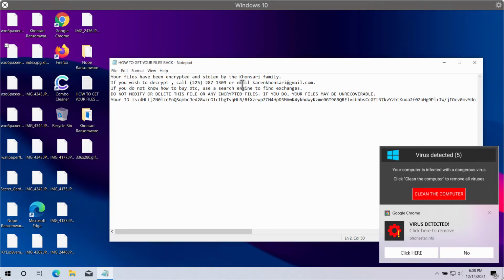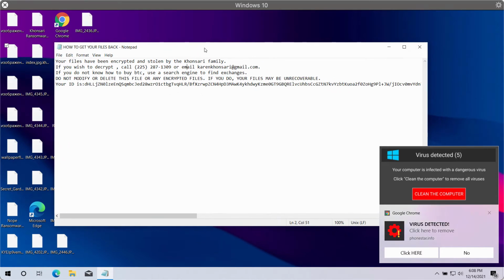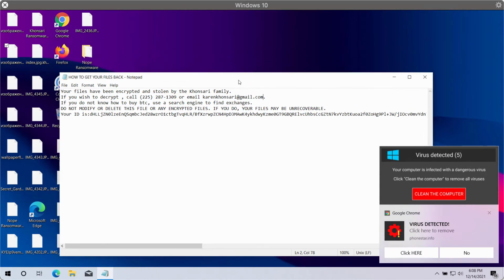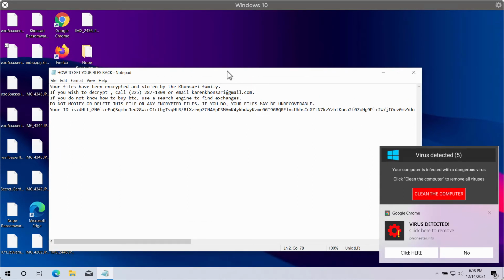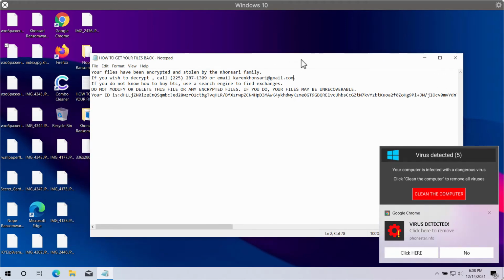to the files. The developers of this ransomware even specify some telephone number which you can use for getting in touch with them, which is pretty unusual because other ransomware type threats don't really provide any telephone number. Also, this email address is indicated. The ransomware tells that people need to pay the ransom, but paying the ransom does not guarantee that the files will be recovered. In fact, we strongly urge you not to pay the ransom because you may simply lose your